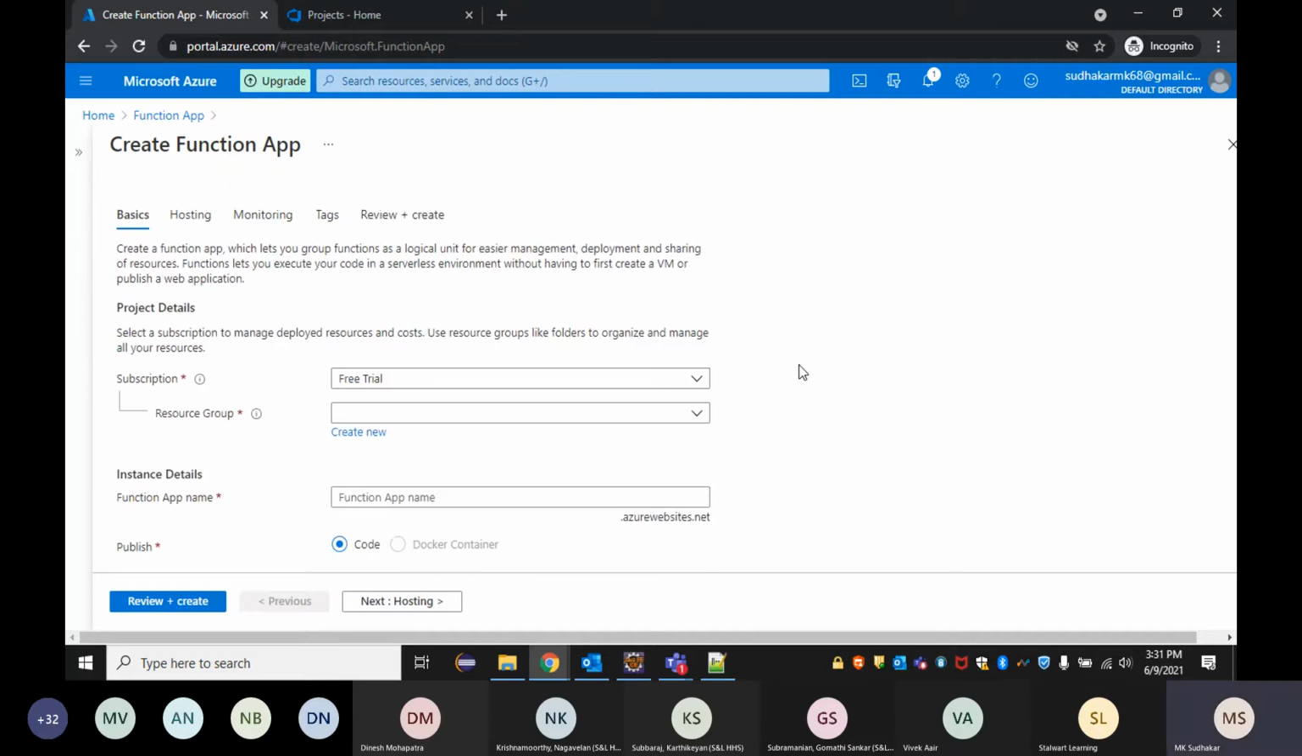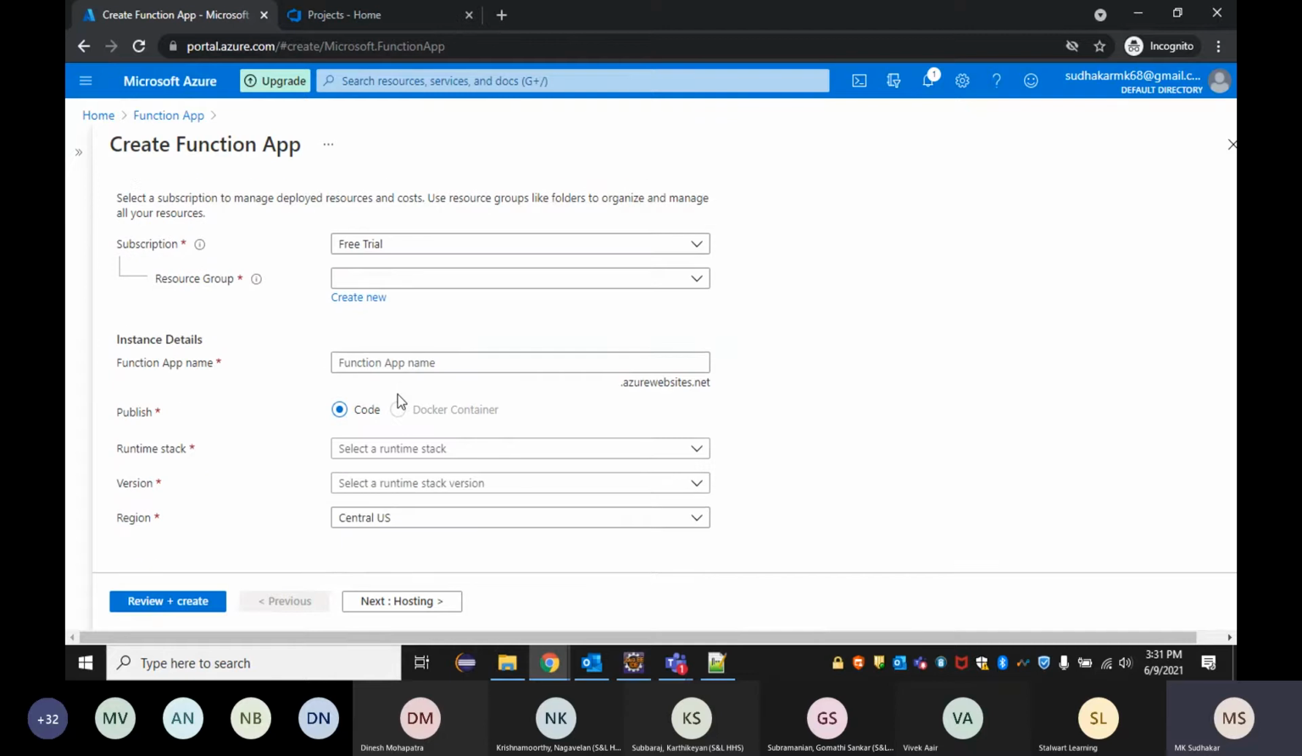Right. So this is how the ARM template is generated when we create a function app. This is the first step, because we need to select the subscription. Anyway, as it is a free trial, I'm going to select the free trial. But when we are working in an organization that has the complete enterprise version of Azure, we have different subscriptions like development subscription, pre-prod subscription, prod subscription. So we will be having different kinds of subscriptions. Based on subscription, we have to